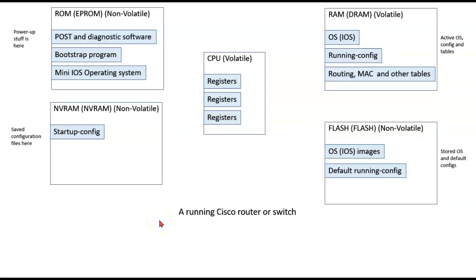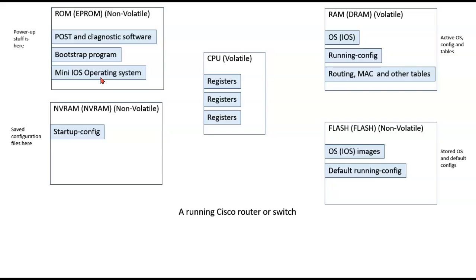There are four types of memory in a Cisco router or switch. There's ROM, or read-only memory, which is non-volatile. That is to say, it's always the same even when you unplug the machine. It holds the power-on self-test and some other diagnostic software, a bootloader, and a miniature inter-network operating system that's used